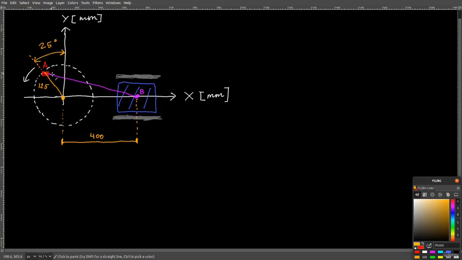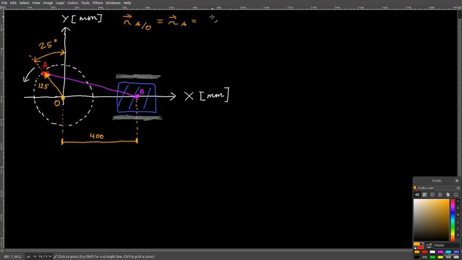So let's now calculate the length of this connecting rod using the vector principles that we discussed in the previous videos. We know that the center of rotation of this point A is here in the origin of this coordinate frame. So let's call this origin O. And so how about I define a position vector from the origin till A, and I call this position vector A with respect to O, or simply A, and you know that the magnitude of this position vector is 125 millimeters, and you have this angle here, 25 degrees,